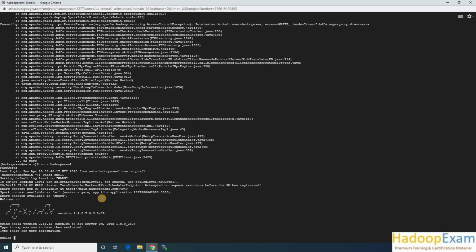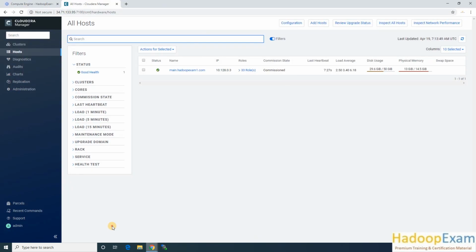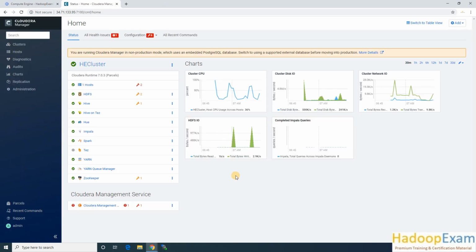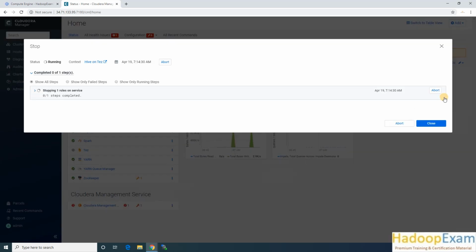It is taking a little longer. What I recommend, as we may not be using all the services: for CCA 175 we do not need all the services, so we can stop Hive on Tez as of now, because we won't be using it.